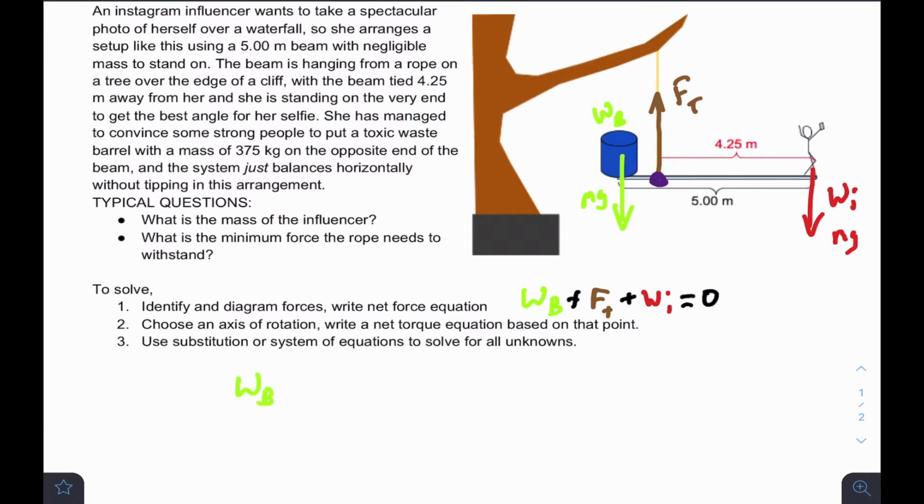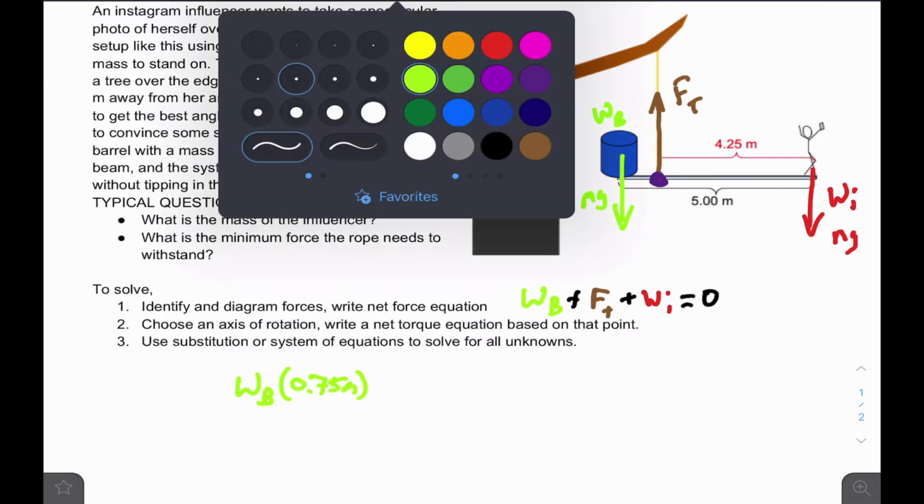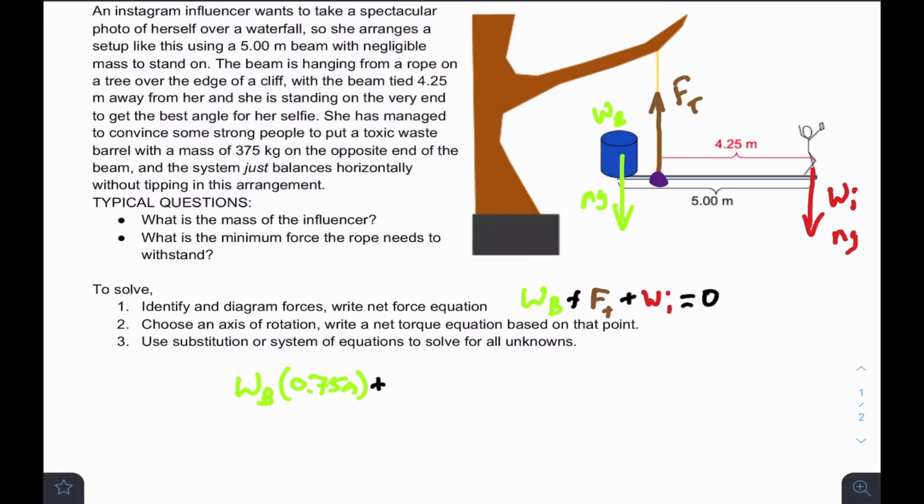Weight of the barrel times, in this case, 0.75 meters, plus, and that is putting a torque on the system in one direction. So plus the torque of the system in the other direction, weight of the influencer, times 4.25 meters. In other words, we have a ratio of the two weights that is inversely proportional to the distance from